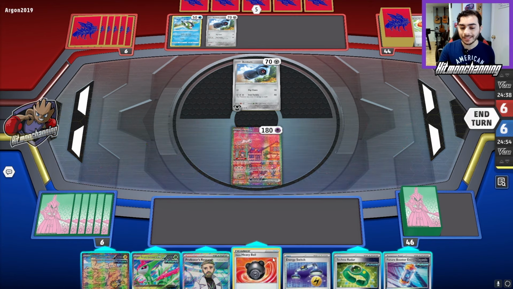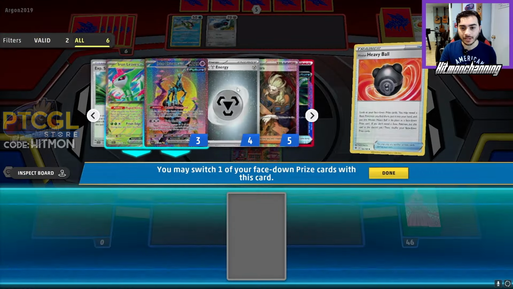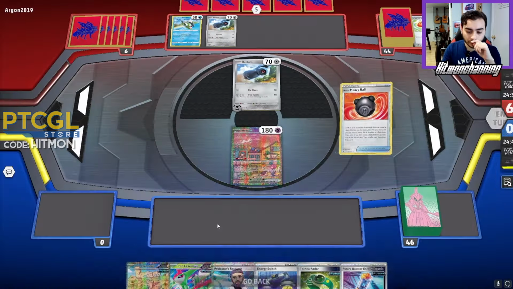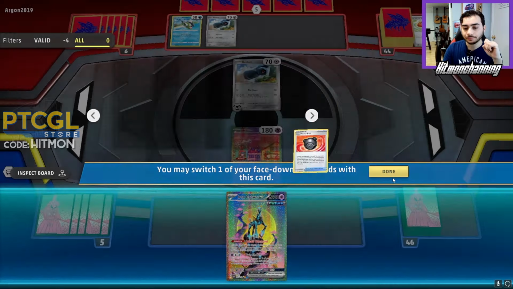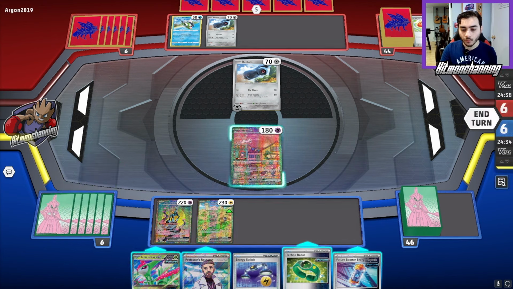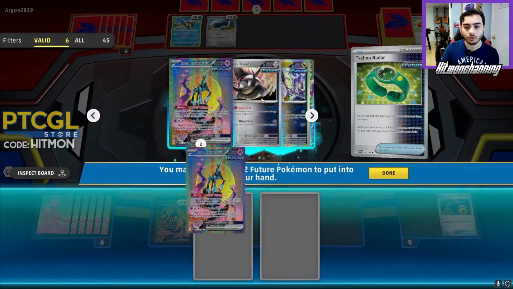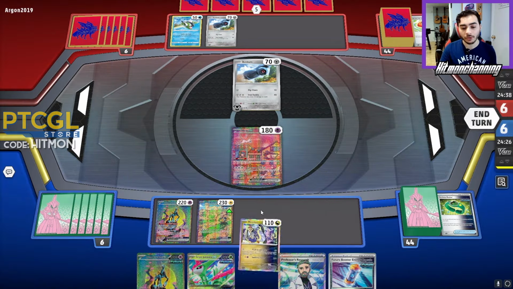The Techno Radar is a really huge top deck, but we'll Heavy Ball first. And we got the Iron Leaves, Iron Crown. Reboot Pod being prized can be a bit of an issue, but I think what we want to do here is we'll leave the Iron Leaves and we'll grab the Iron Crown. And the reason I want to do this is I'm not actually going to bench this Iron Leaves here. I'll bench the Crown. I'll bench the hands. We'll go for a Techno Radar, get rid of this Energy Switch, and now we'll get a Crown, we'll get a Miraidon. Now we just gotta find an energy so we can knock out this Beldum and power up our